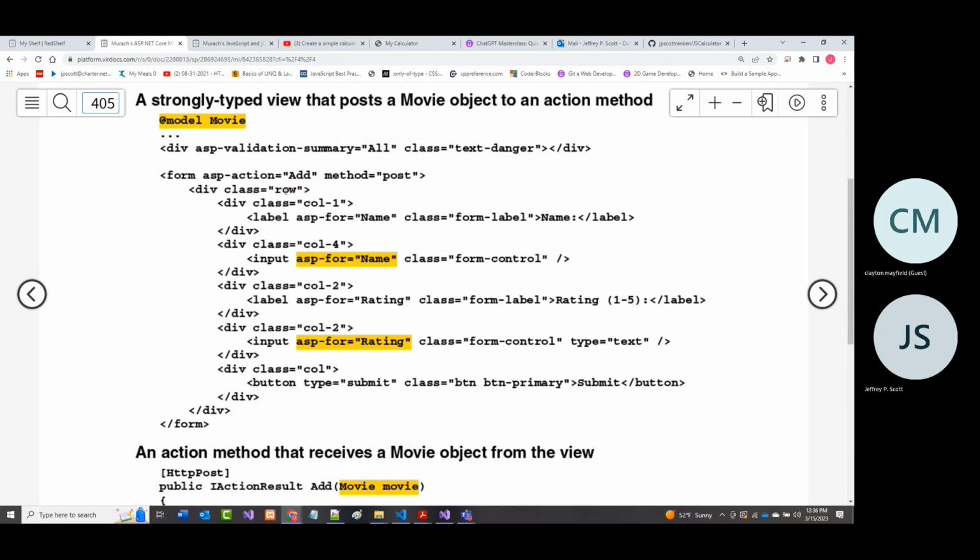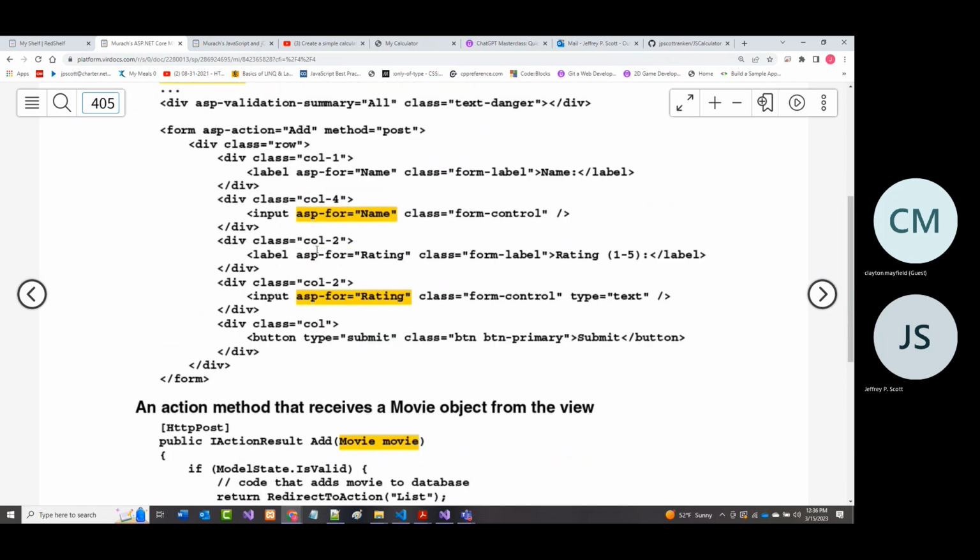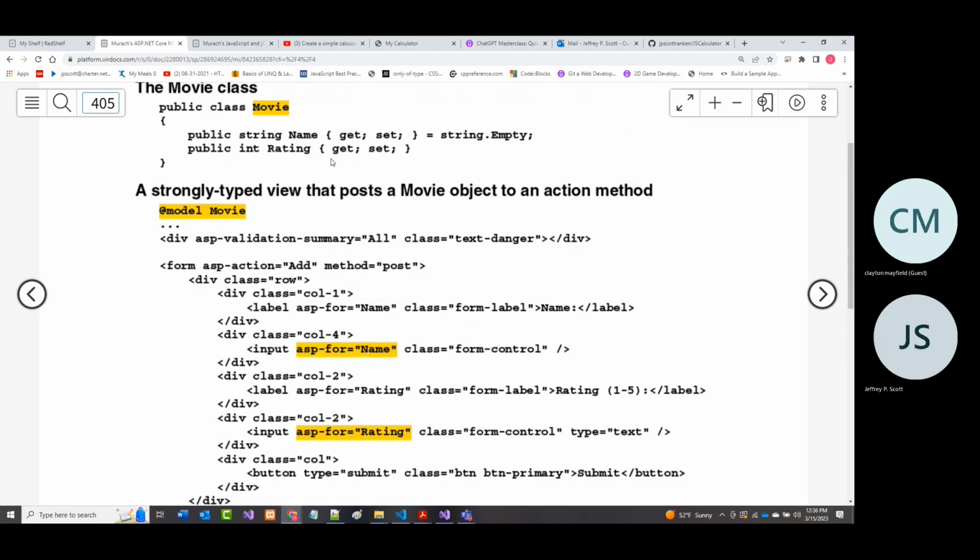And really, when you think about it, it's as simple as this: you've got a string for name, already defaulted to the empty string. Really, the only way you can break this or get an error is if you put in something non-numeric, or you leave the rating blank.